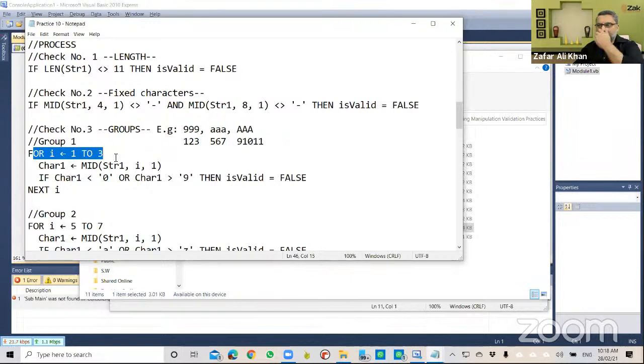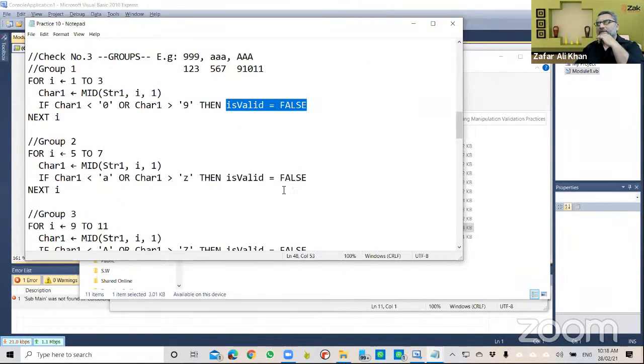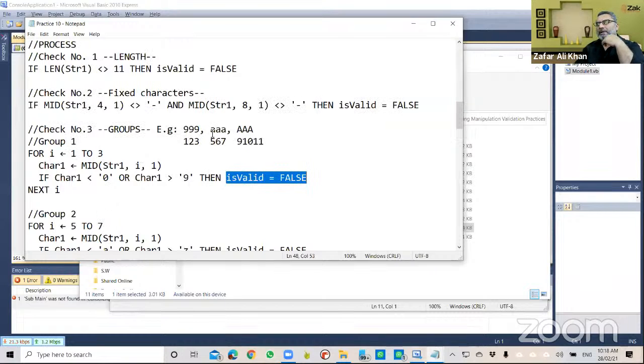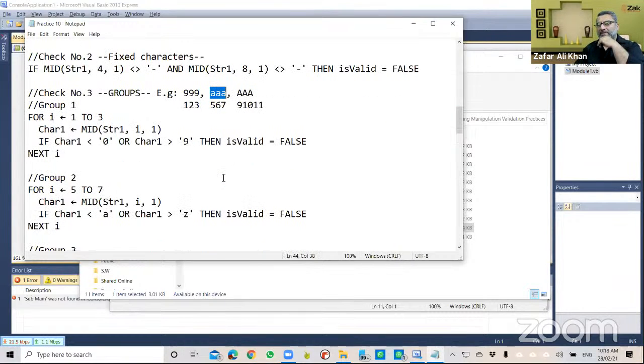So for I is equal to 1 to 3, we pick up one character and check whether that character is from 0 to 9. If it is less than 0 or greater than 9, it means that it is anything but 0 to 9, then we make is valid false. Now for the second group, it runs from the 5th position to the 7th. We run this loop from the 5th position to the 7th position,